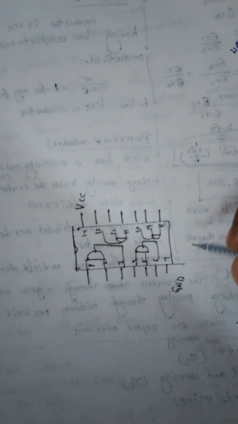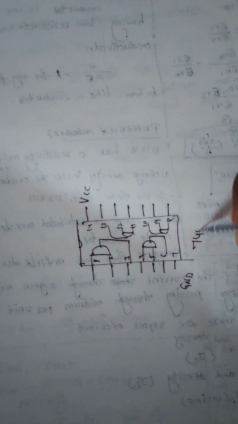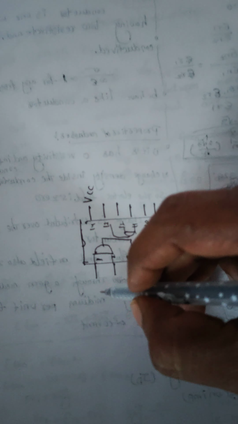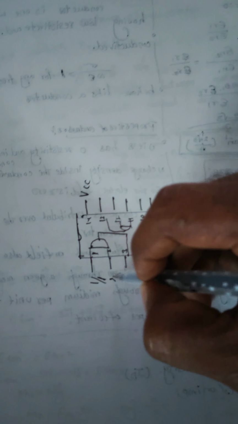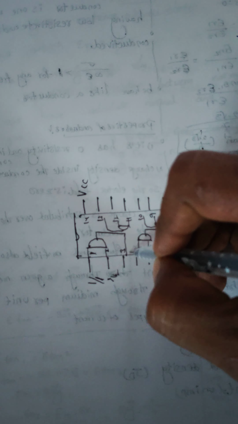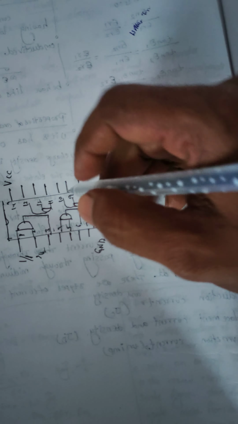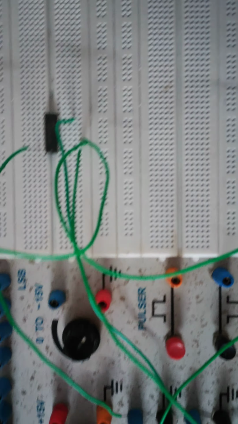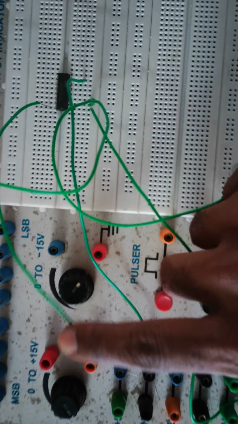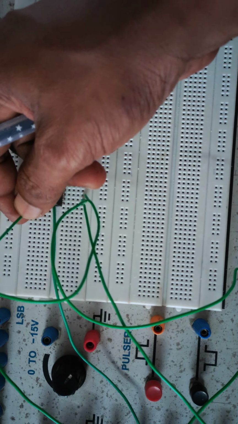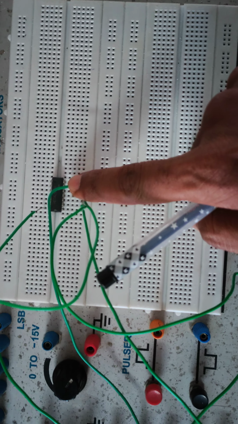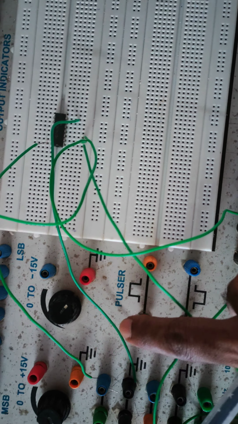Suppose you want to test this IC, number 7408. One input is connected to pin 1 and the second to pin 2, and the output is taken across the third pin. Let us see the same circuit pin configuration. For that purpose I will take a 5 volt supply connected to the VCC pin of the IC, and the ground pin is connected to ground.